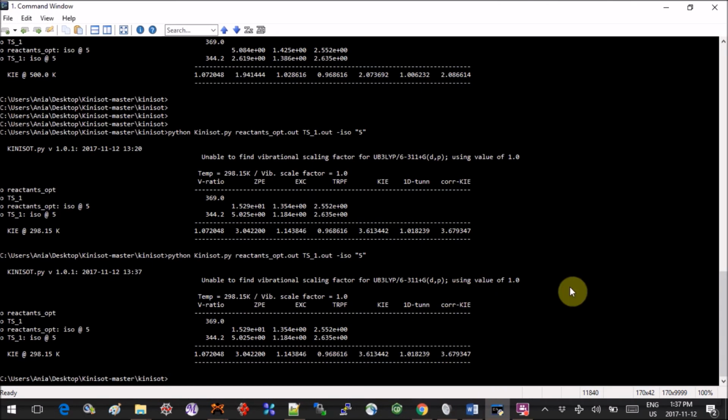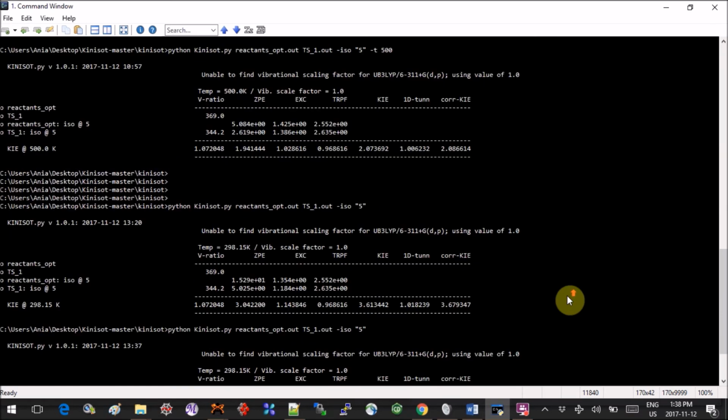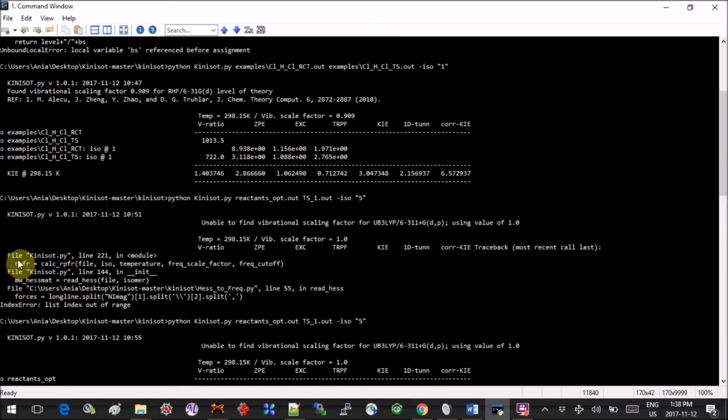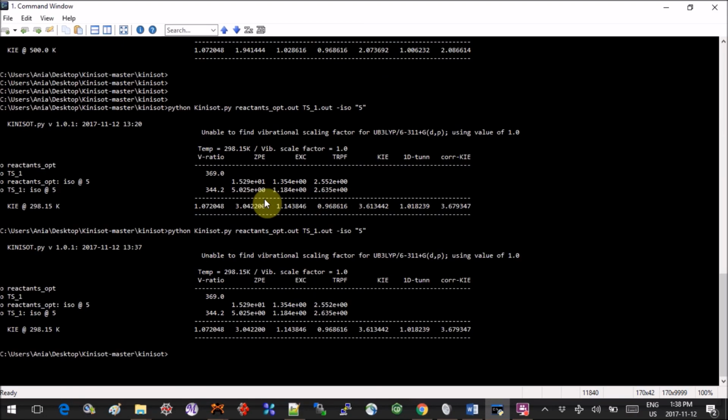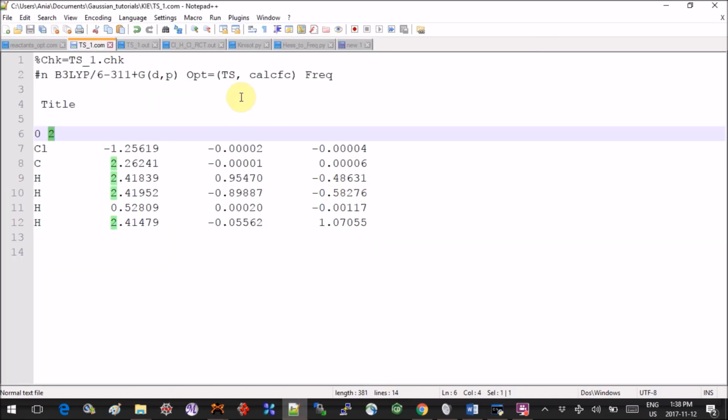So what else have we got? Oh yes, an important message for people who are using an old version of Gaussian, like me. If you try to run Kinisot and you see an error like this, list out of range, couldn't split, or like this, Kinisot could not find level of theory, etc., this means that when Kinisot was trying to parse your .out files for reactants and transition states, it couldn't do it properly. And this is because in older versions of Gaussian,